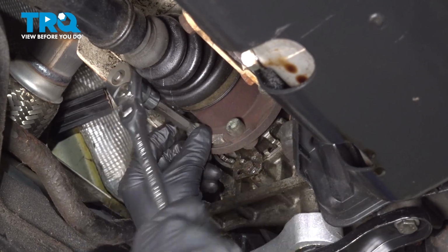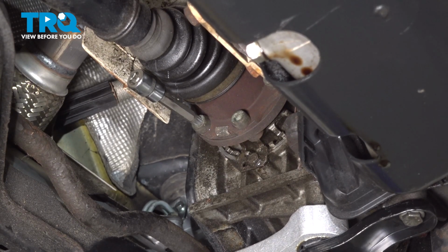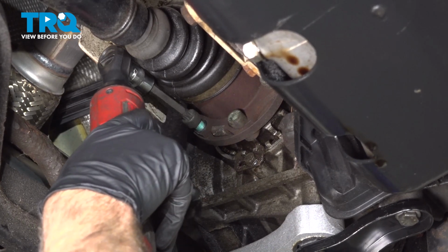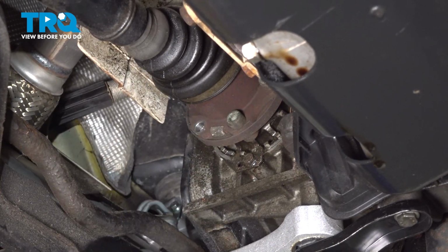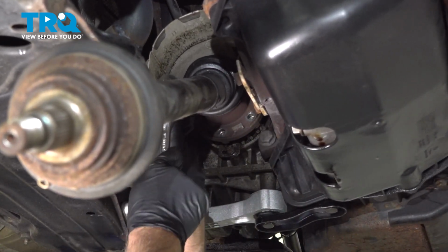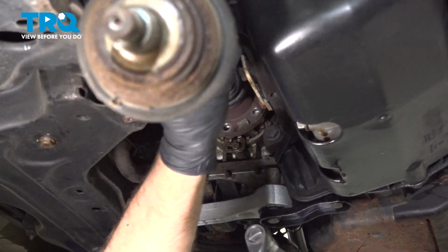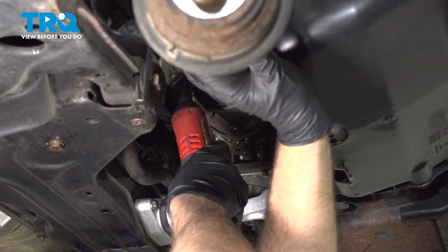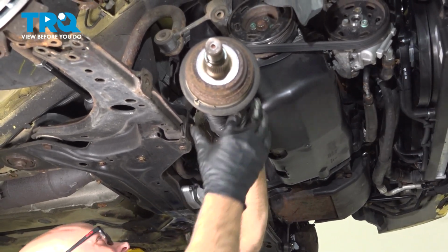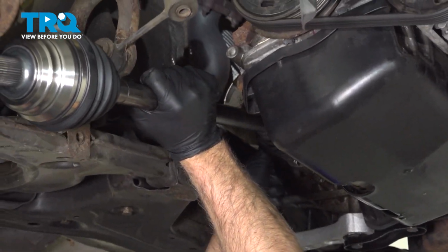Then I can loosen that up. And take that out. And do the same with the other bolts. And the last one. Just make sure you support the axle when you go to take the last bolt out. And it just slides right out. Now just slide the new axle shaft in place